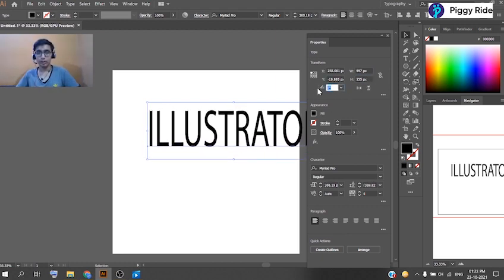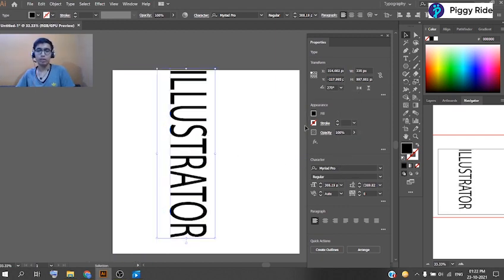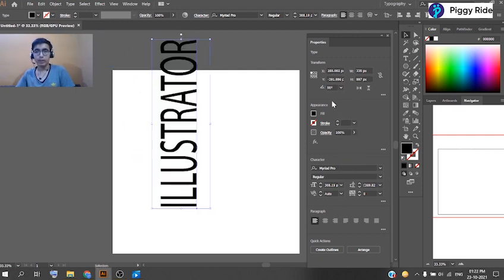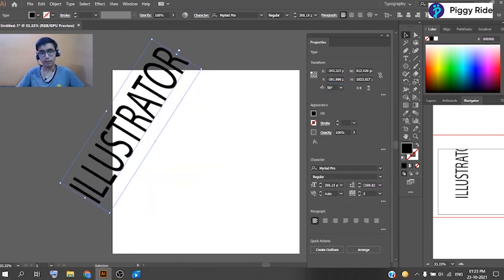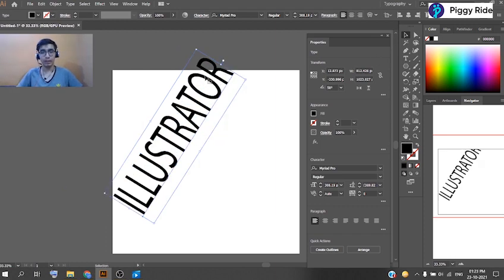Right now it is at 0 degrees, and there are some presets we can use: 120, 90, 60, 30 or 270. For example, 270 is a straight line, 90 is also a straight line. We can also use a custom angle from here. For example, if I want 58 degrees, I can type it and it will make my text at a 58-degree angle.